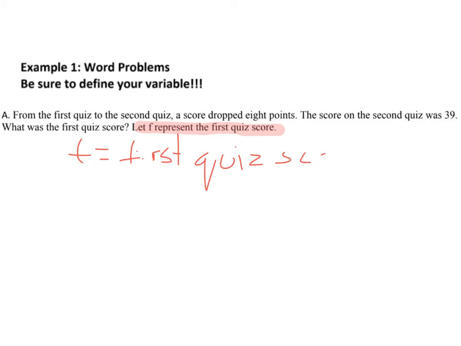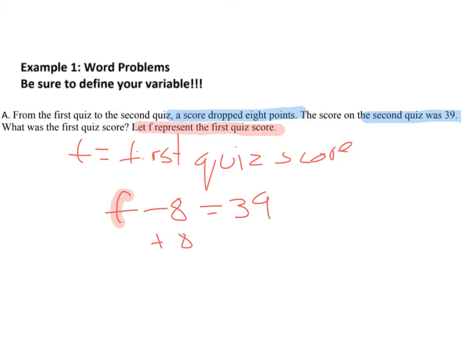Alright. And then what we need to look at is what else is this problem telling us? This is just telling us that the score dropped 8 points and the second quiz was a 39. So what this is telling us is if we have that first quiz and it dropped, which is just going to tell us -8, and it equals our second 39, there's our equation. Well, from here, add 8,